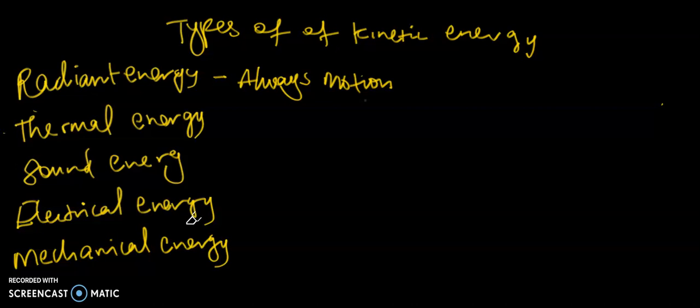The more kinetic energy an object has, the faster that object can move. And I said radiant energy is a type of kinetic energy as it is always in motion, traveling through a medium